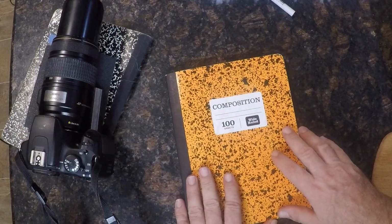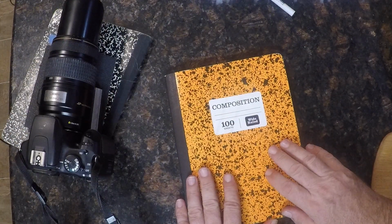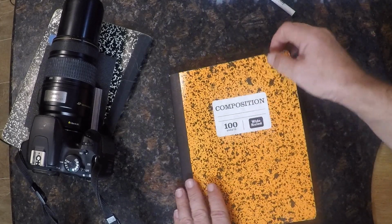Now, I did say I've already been out and taken pictures with it. I suppose you might want to see those pictures. Well, before I show you the pictures, I've got